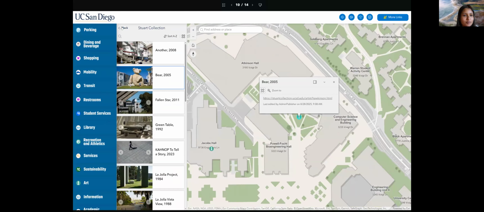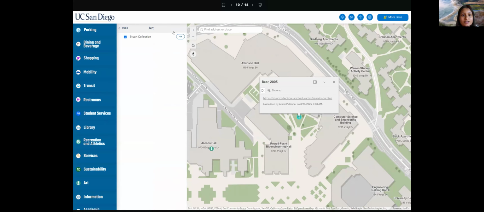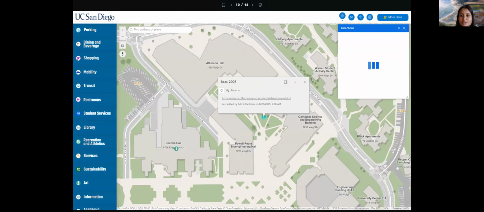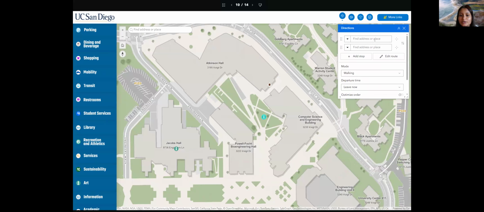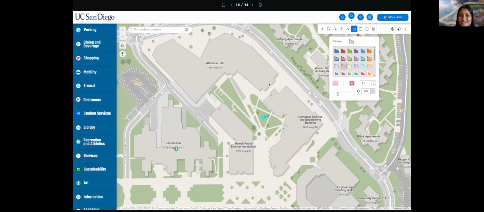We could search for a specific point of interest. You could also search within the list itself. And we also have some directions here. It takes a minute to load. If you type in a starting or ending location, it'll recognize the points of interest or the buildings. You can draw on the map, which is one of my favorite features because I've seen so many different screenshots